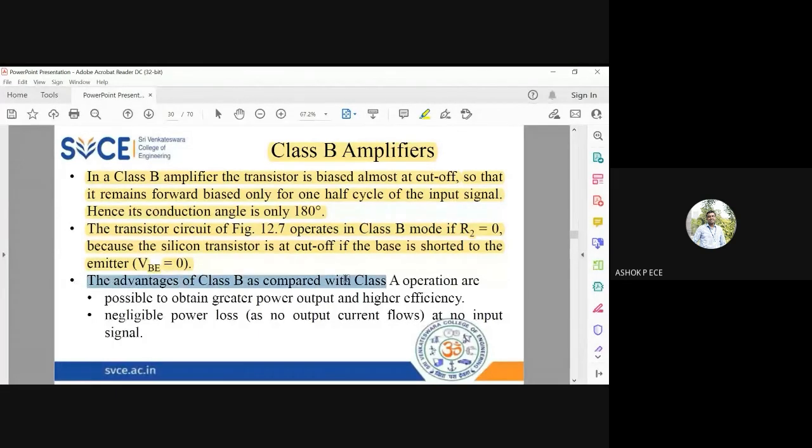So when you compare with class A, the class B amplifier is going to have a lot of advantage because it is going to produce greater power output and higher efficiency. This higher efficiency is possible only because the transistor is on only for 50% of the time. Otherwise, the efficiency will be very poor, and there is negligible power loss because no signal is flowing at the negative half cycle. So the power loss is going to be very, very